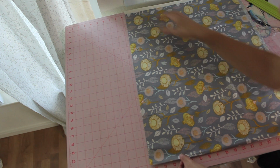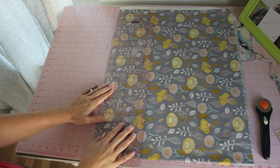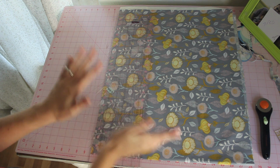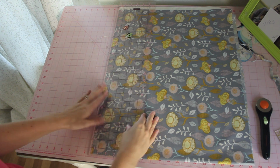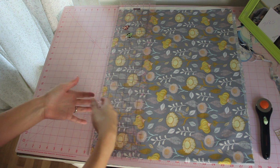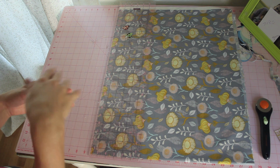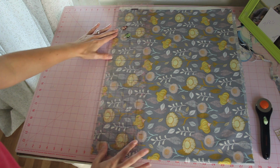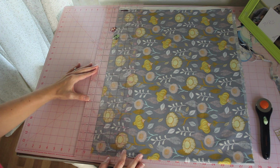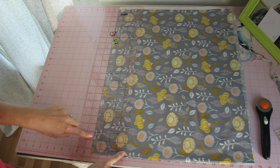I am going to rotate the fabric because right-handed, you want the bulk of the fabric to go out to the right. I'm right-handed, so if you're left-handed, you're going to be doing the reverse. I'm going to cut a 6-inch strip, which is going to be the exact width of my ruler. If you want to cut a smaller strip and then subsequently smaller squares, then you can line up one of these other lines. So let's say you want to do a 4-inch, line this entire length up with the 4